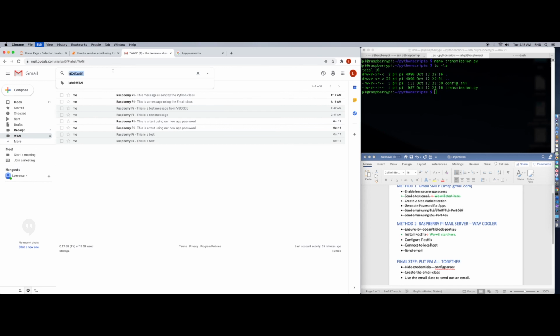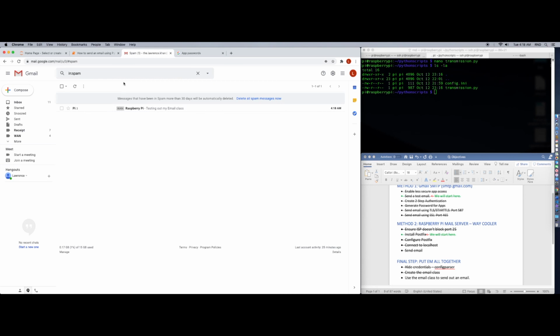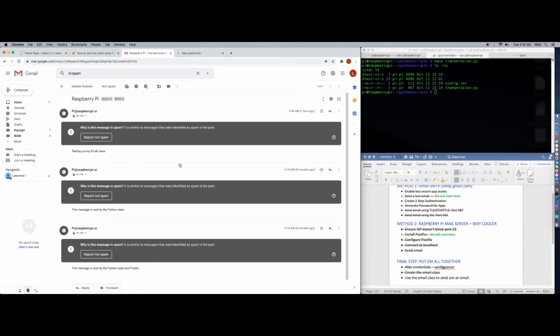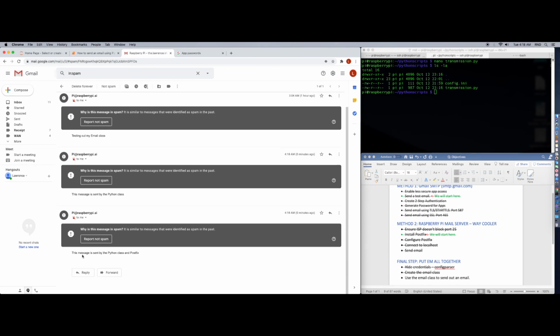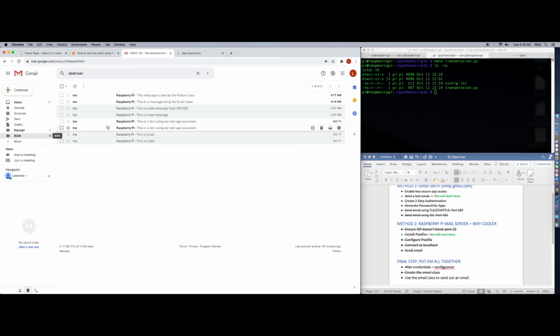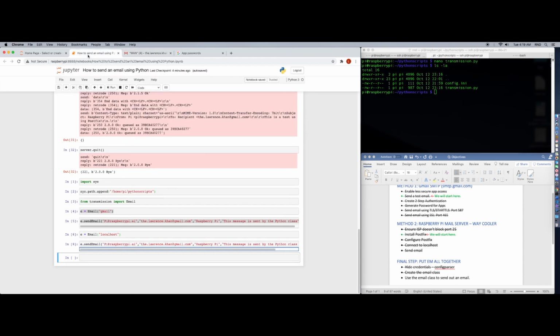I believe it's going to be in spam. No. Oh, there are 3 of them here. There we go. This is the latest. I've been testing it out. So yeah, this was the first, which I sent out, and then I edited it. This message is sent by the Python class at Postfix. So that's it. That's how you create a class in Python and